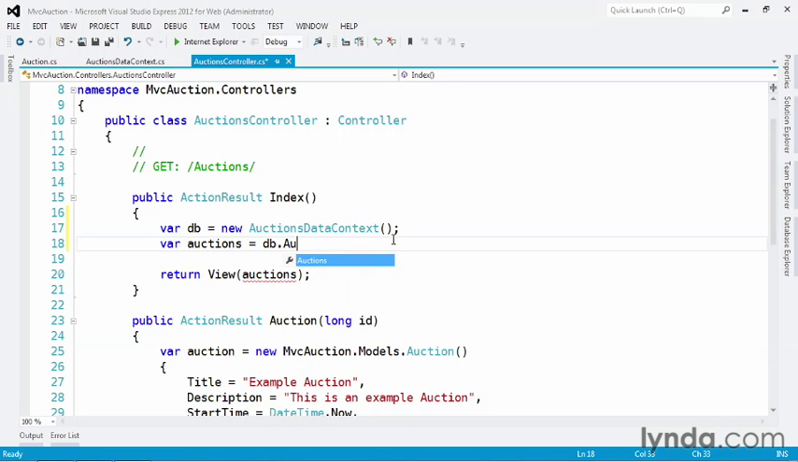Notice how I'm calling the toArray method on the auctions property. This tells Entity Framework to go ahead and execute the SQL call at this point. Otherwise, the SQL call might get delayed until the view runs. At that point, the data context that we've created here will probably be out of scope and we won't be able to reference it anymore. Using the toArray method here, we're sure to get the collection of auctions, and then we can pass them to